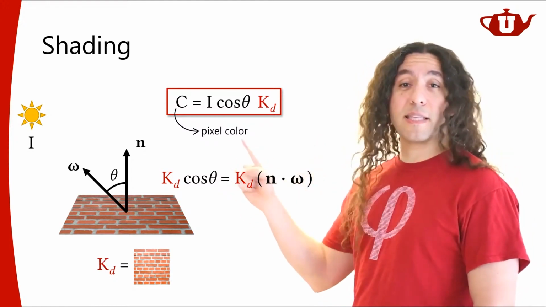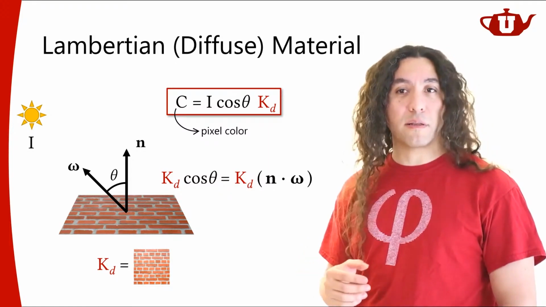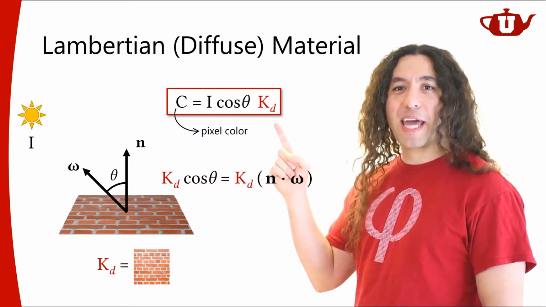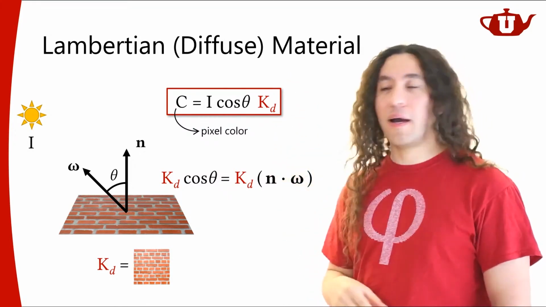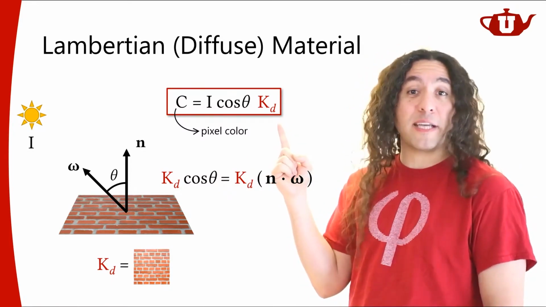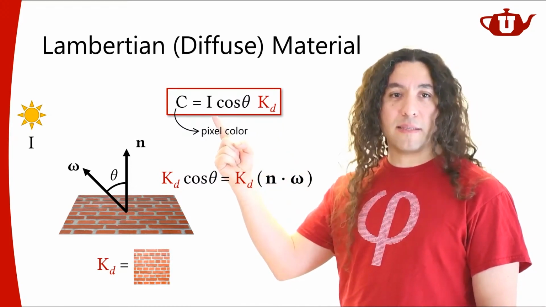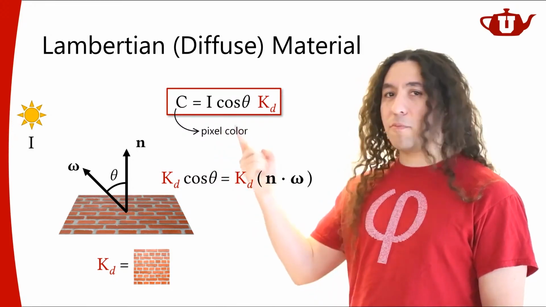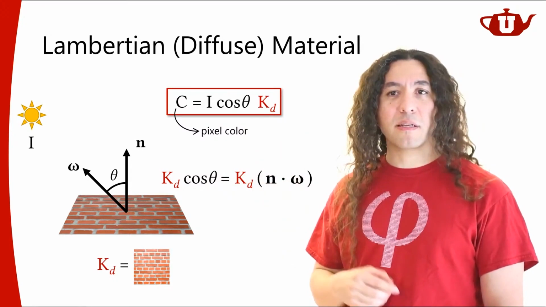And this type of material is what we call a Lambertian material or diffuse material. So this D came from diffuse. This is the diffuse coefficient. That's why I'm calling it KD. And this is a color value, but it can come from a texture. And this is the color or intensity of my light source, and this is the geometry term. And when you multiply them all together, I'm going to get the final pixel color that I'm supposed to see.